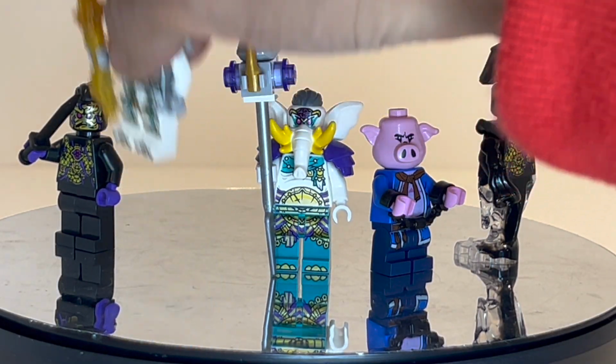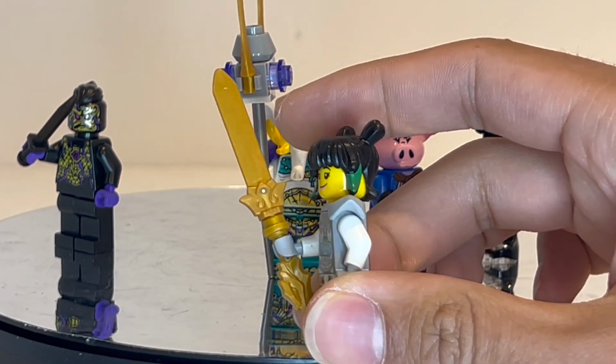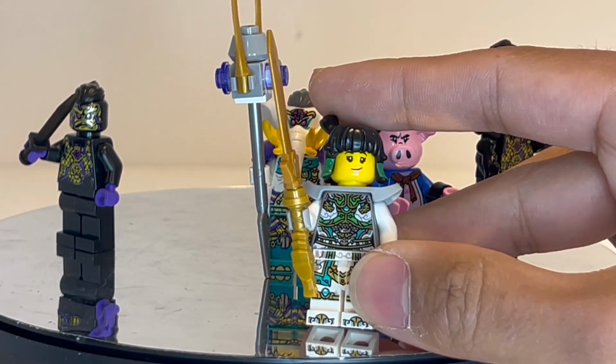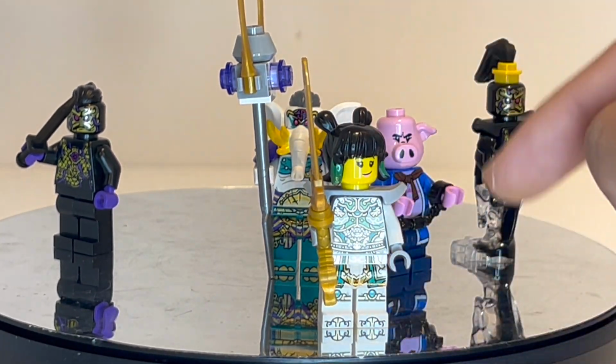May herself, who is the exclusive figure of the set, and I guess the quote-unquote collectible for this particular set, is being able to build her sword. However, you get the same exact weapon piece in all the sets, so it's not really a collectible, but I think it's nicely detailed. The metallic silver torso is very cool, and again, it is using a lot of the